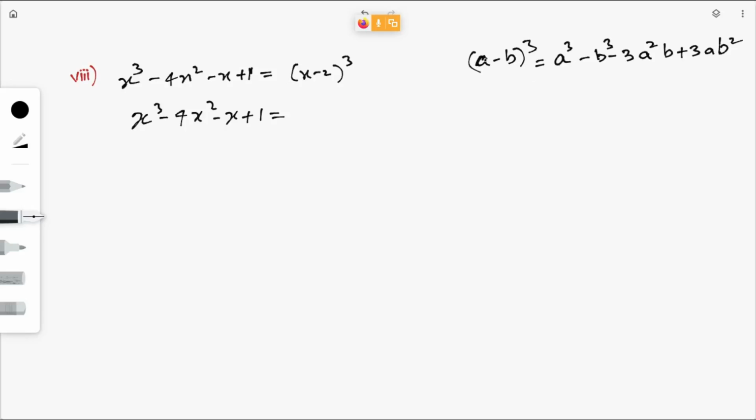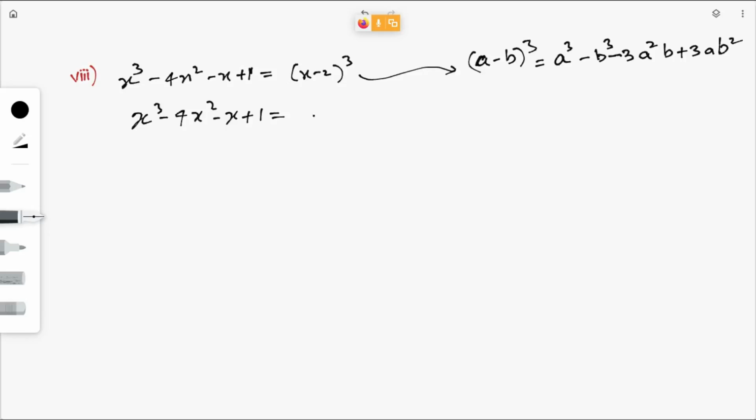Okay, in the third term, 3a square b, here a square and then b. So plus into minus will give a minus term for the third. And for the fourth term, you are squaring the b term here. So when you square this b, minus b into minus b will give plus b square. So that's why plus 3ab square. So here you will get a minus sign for the second and third terms. Now apply this same identity here.